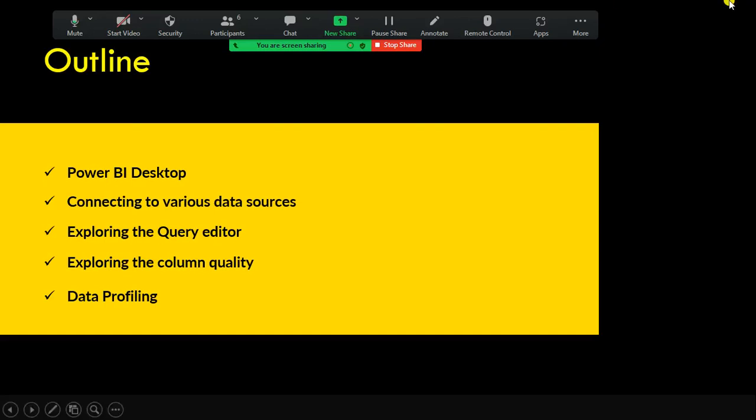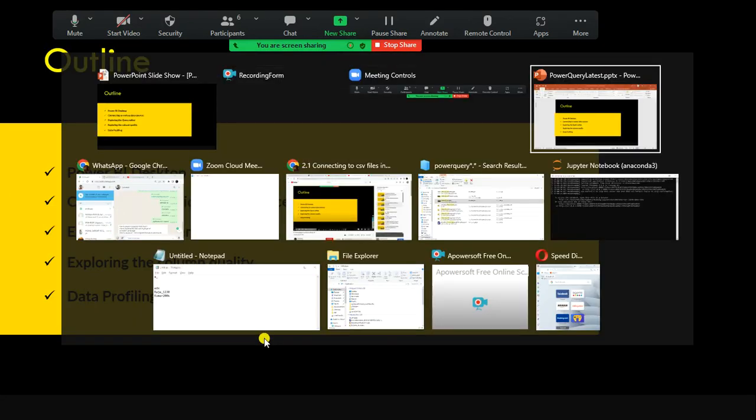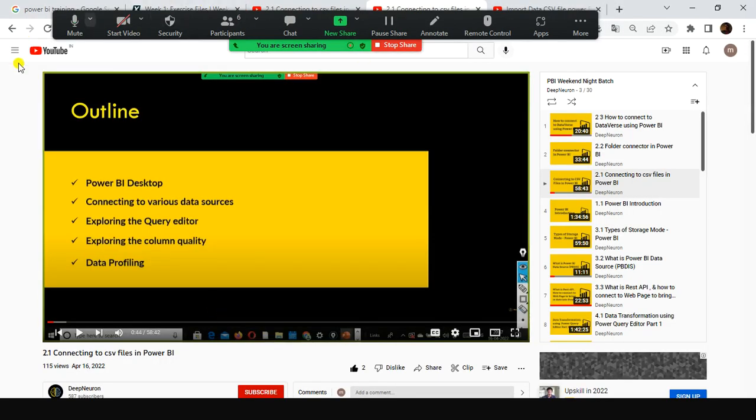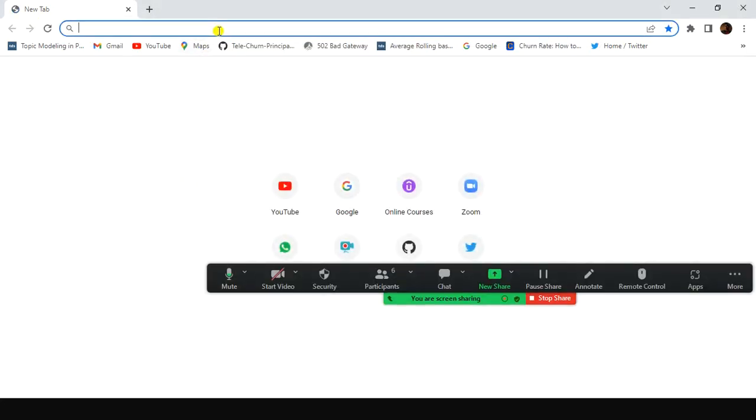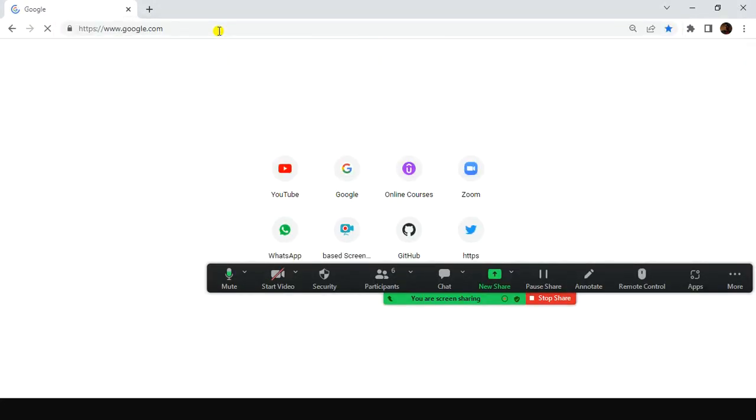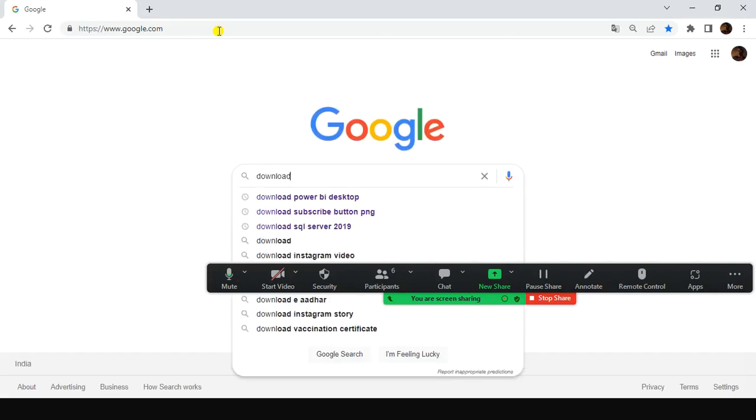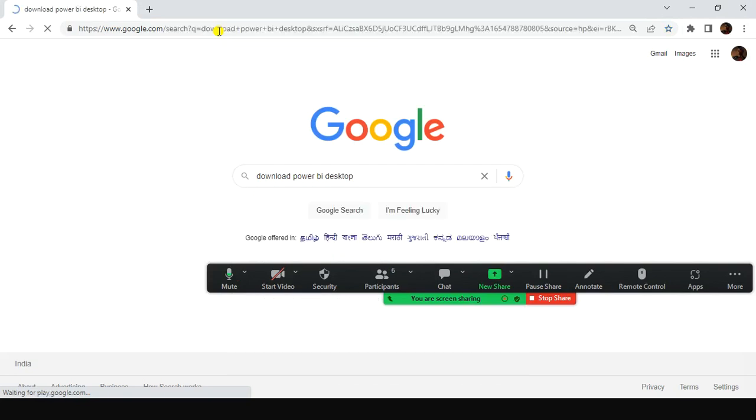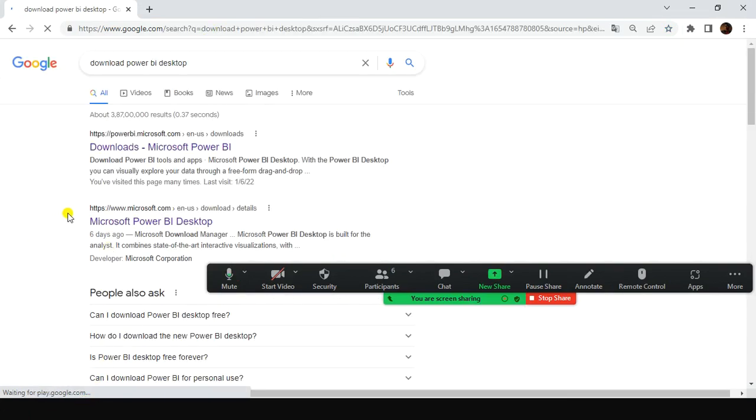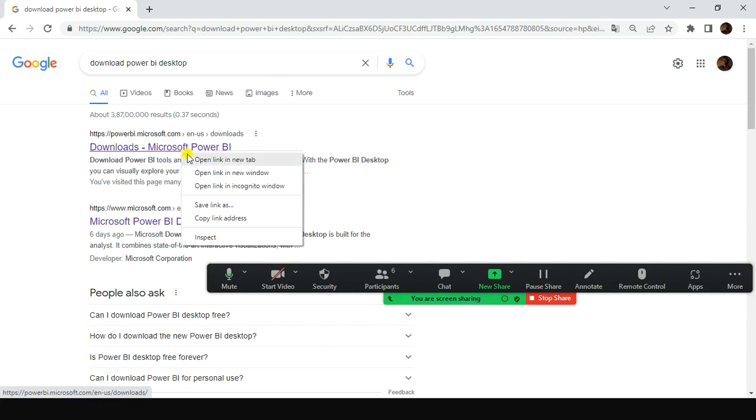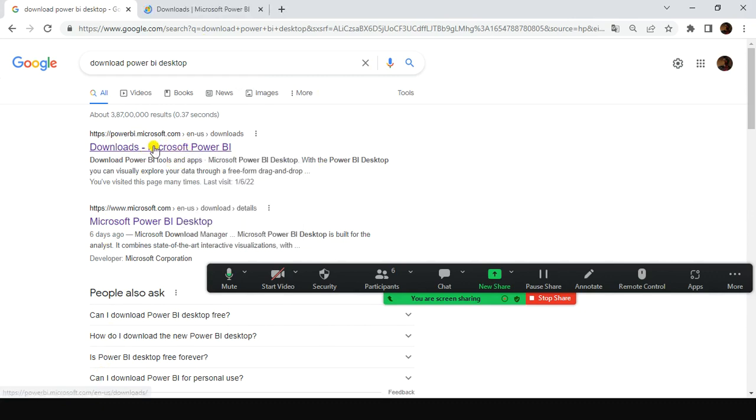In today's session, we will start with how to install Power BI Desktop because I could see that still a couple of people did not install Power BI Desktop. Go to google.com and download Power BI Desktop. Type Power BI Desktop. Download Power BI Desktop. As soon as you type it and hit enter, you will get this link to download the Power BI Desktop. You just open this link